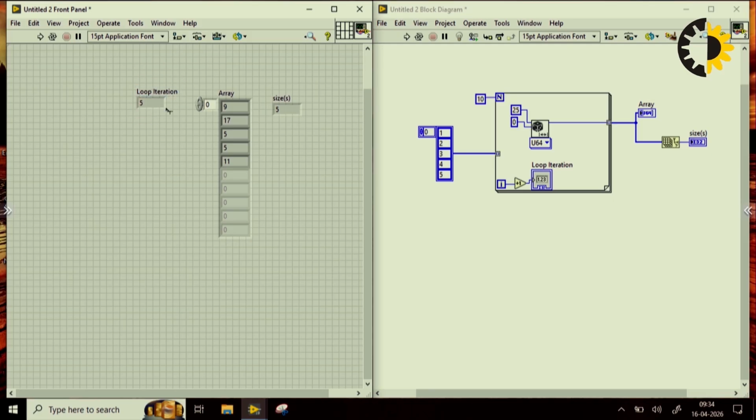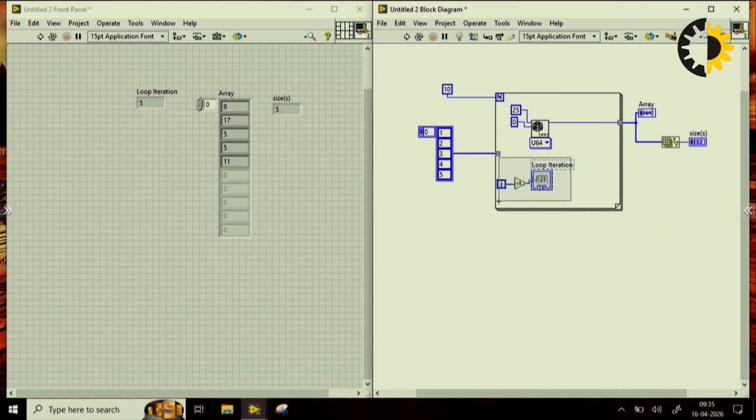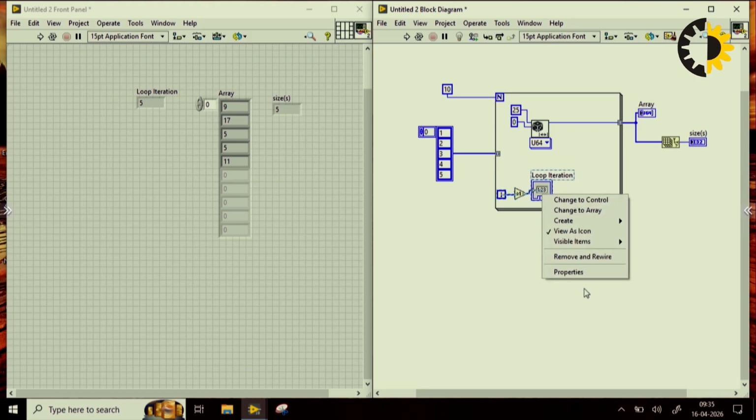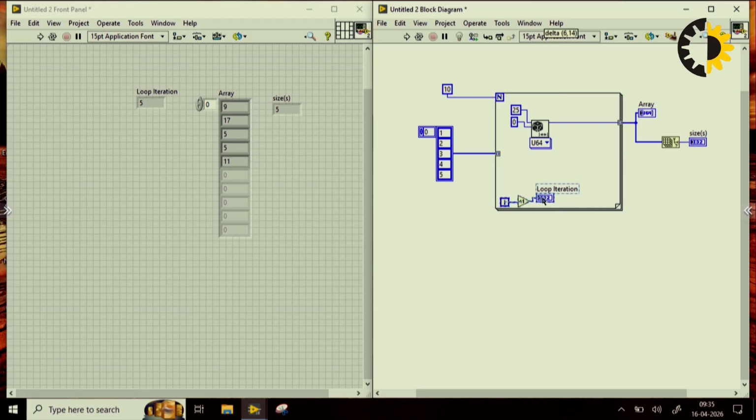Why has that happened? Because in a for loop, you can access data one by one using an array. So if you have connected an array, what does it do? It will give out the values one by one. It will take out the values one by one from an array inside a for loop. So suppose I have an indicator here, let's say this is the array elements,